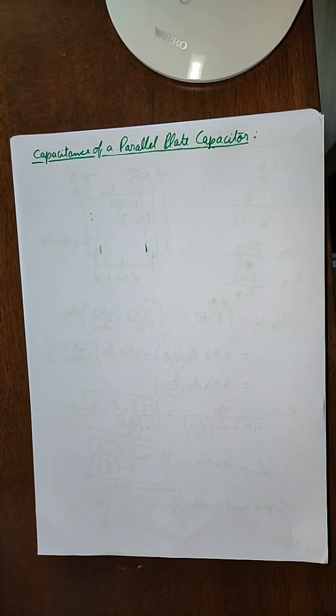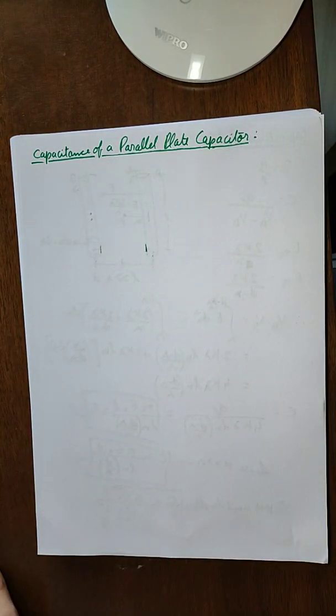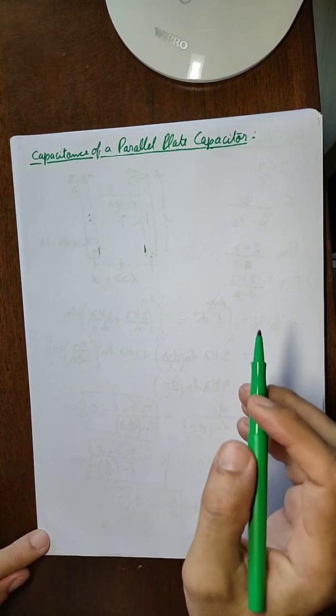Now, using the concept studied in the previous video, we are going to calculate the capacitance of a parallel plate capacitor. It is a very important topic, both from the competition exam point of view and from the 12th board's point of view, because in the 12th board textbook, you will find that almost everything in capacitance is all about the parallel plate capacitor. So it's an important topic for both kinds of students, regular as well as those preparing for JEE.